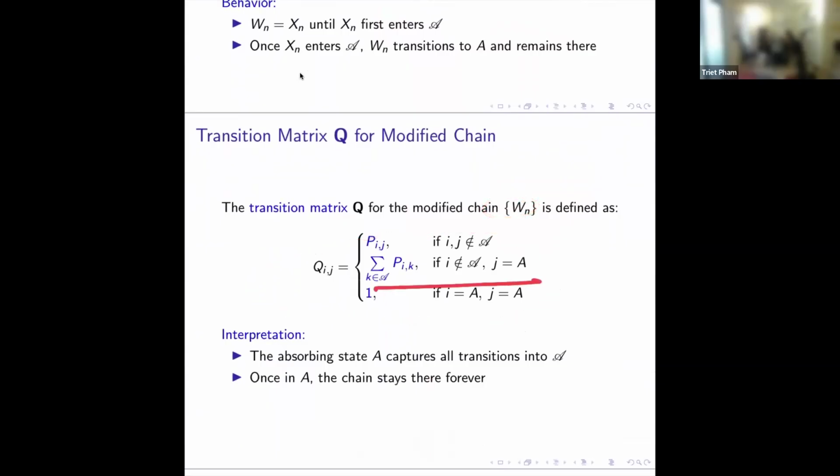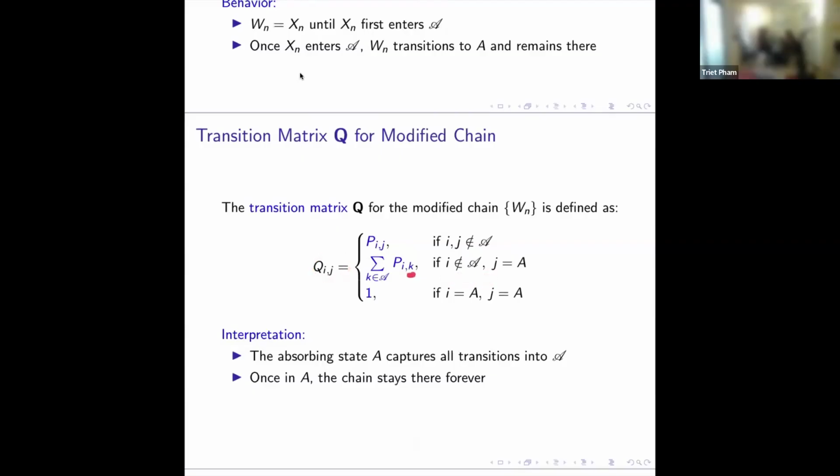Again, it looks scary, but it's not. Basically, it says that it's the same as P for X if you're outside the absorbing class. If you want to move from outside the absorbing class into the absorbing class,